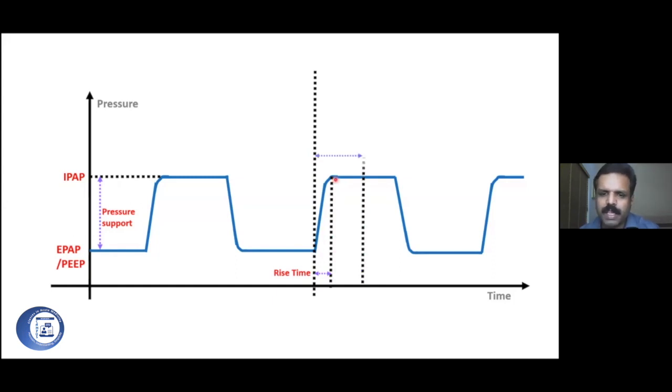In the same way, there is something called TI minimum, or inspiratory time minimum. This is the minimum time of inspiration required. If you keep this TI minimum lower, you will have more expiratory time. So in a spontaneously breathing patient, if you want to give more expiratory time, like in asthma, you keep the TI minimum very low, something like 150 or 200 milliseconds. If you keep these values very high, again you will have issues.